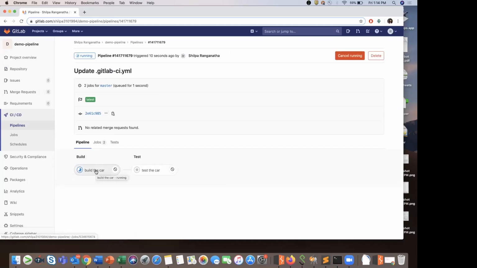So let's wait for the first job to complete, and then we'll go to the second job. The first job is definitely going to succeed since there's no error in that.